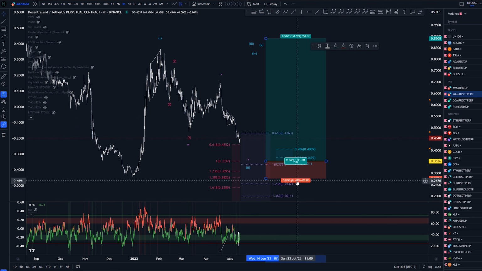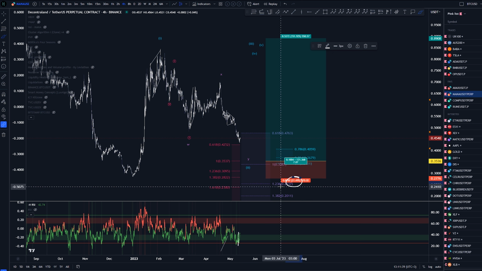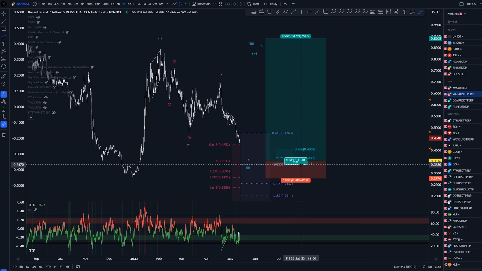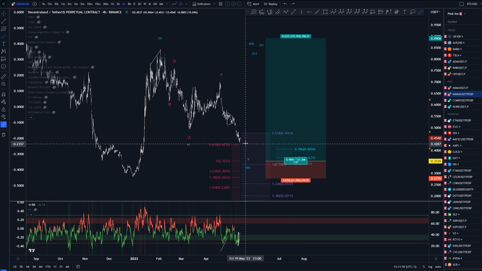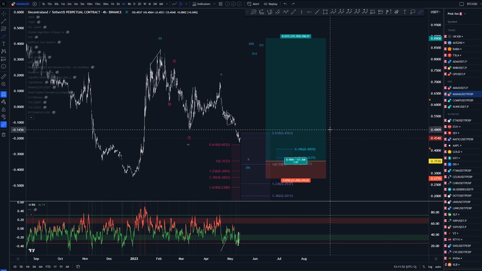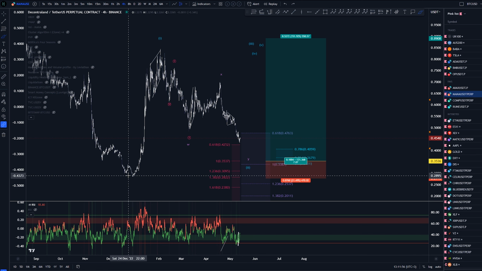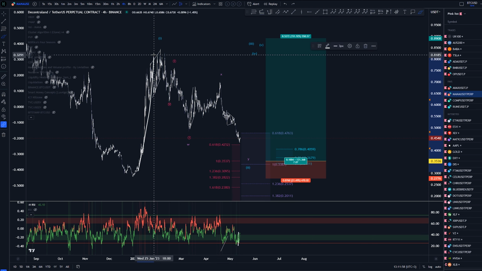Again, if you're just looking at the percentage, of course, that might freak some people out and say, oh, you have so large of a stop loss, but it doesn't matter. You calculate your position size based on that, and you just look at the risk to reward ratio. Is that trade a good risk to reward ratio? If it is, then go for it. If it takes out the lows, we obviously know that this is not